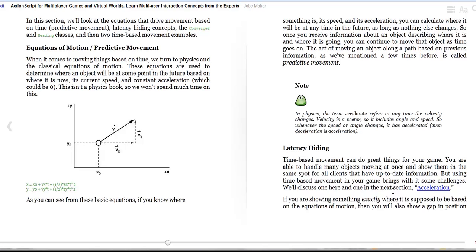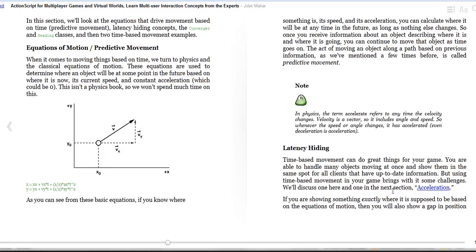So when you look at how things move, you essentially turn to physics, or basically the classical equations of motion. These equations are used to calculate, at any given point, the location of an object based off of its current speed and its acceleration. If you open any elementary physics book, you will see all these equations in 1, 2, 3, and n dimensions. If you look at a two-dimensional example, for example in this figure to the left here, you have an object, the round circle here,